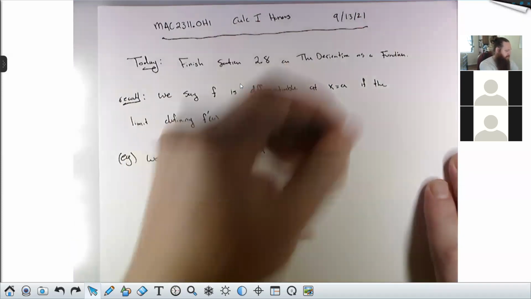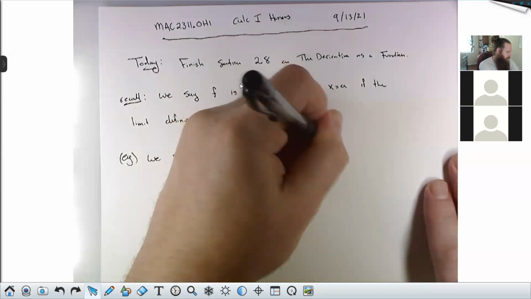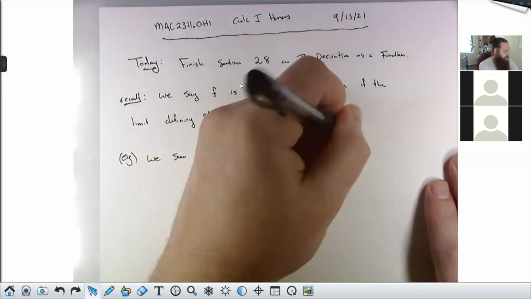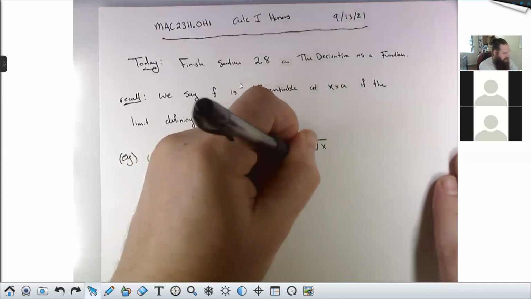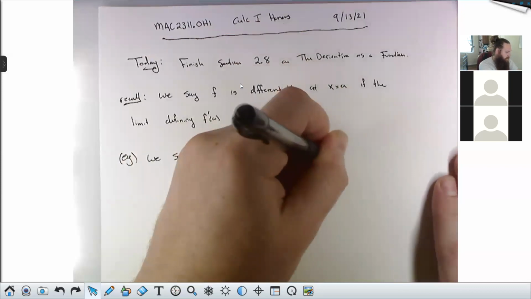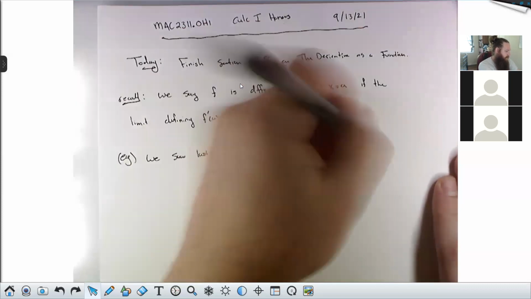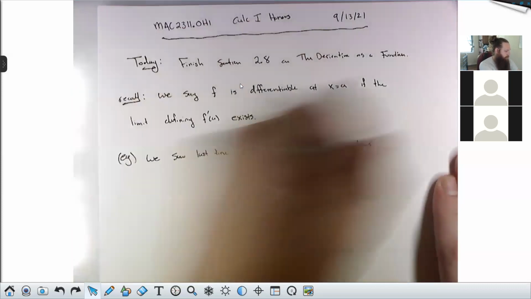We did the cube root of x, whose domain is all real numbers, has derivative